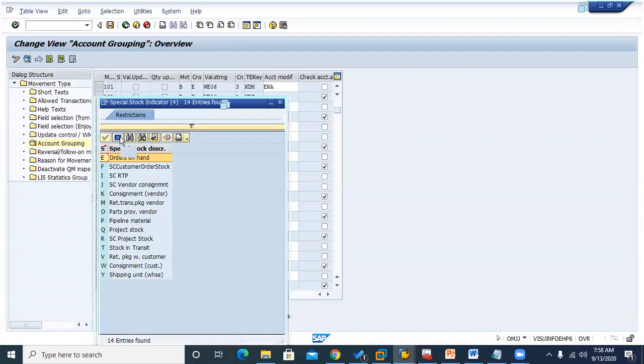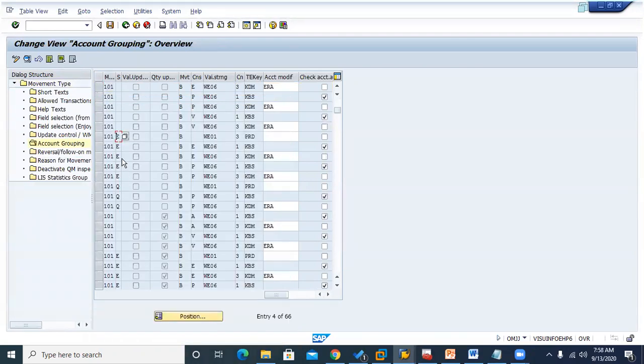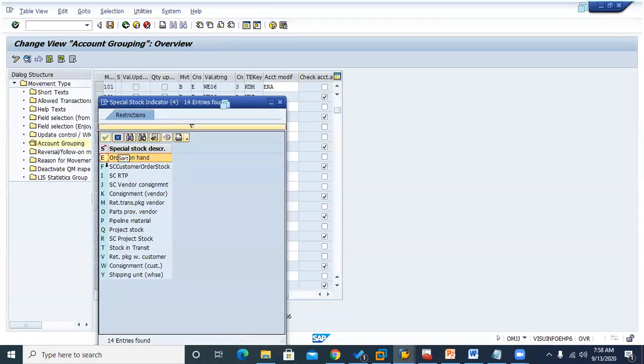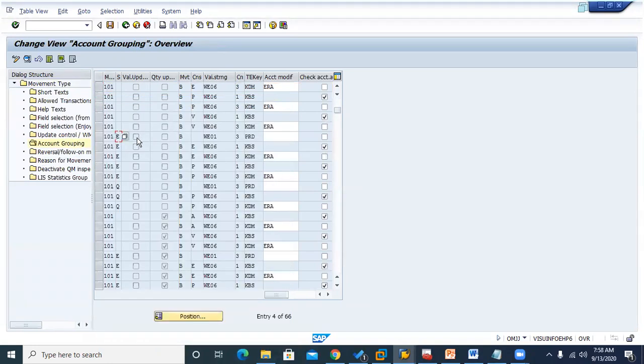Don't think we only use all of these movement types. SAP has given them for any combination you may require in future. So the function is available for you, but you may not require all of them. Here there are many combinations. By changing any of the combinations, you may find a very big factorial. So you have to multiply how many are there with this, and with this one time is yes, one time is no.